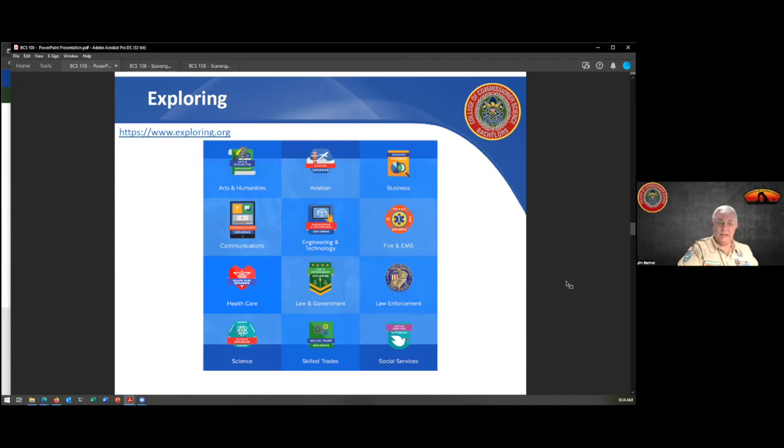I remember setting up a law enforcement exploring group, and the law enforcement people were thrilled. They had officers there, they had an outreach program, they got everybody shirts and patches, and they got to do all the learning about dispatching and booking and fingerprinting and all that stuff. So career interest exploring is just a different facet of scouting that is career oriented. Very good. Thank you, Jim. Yeah, it's very career oriented.